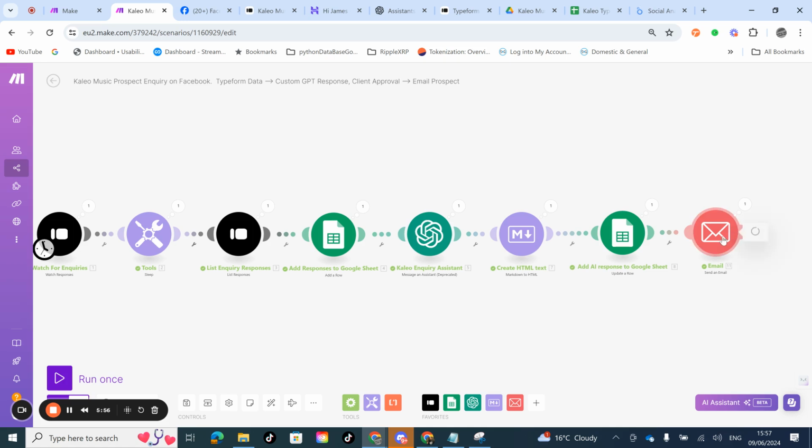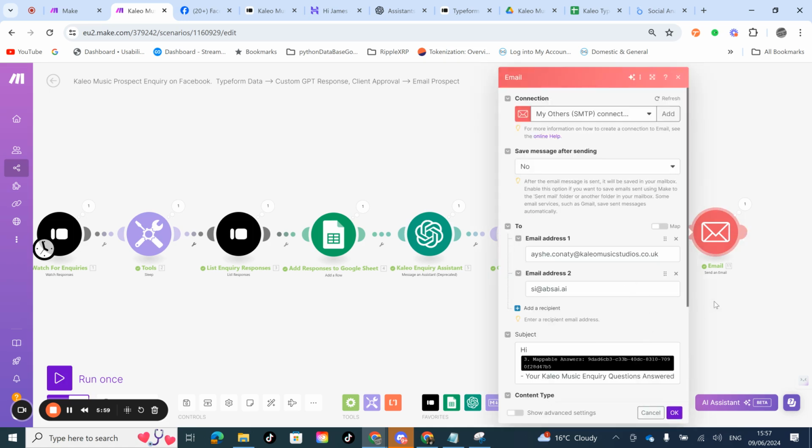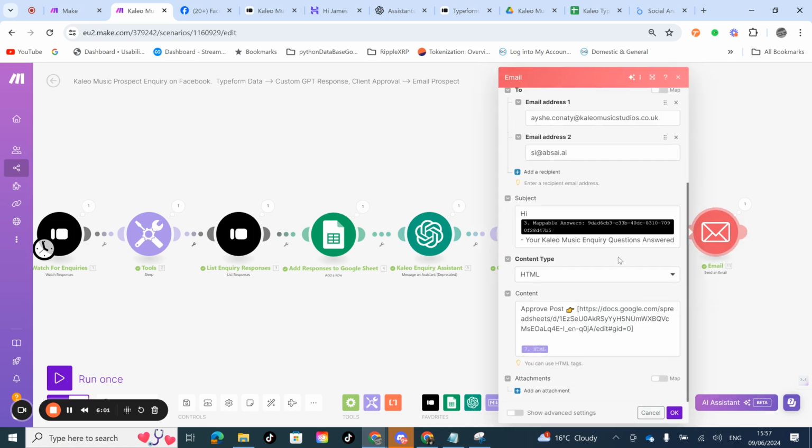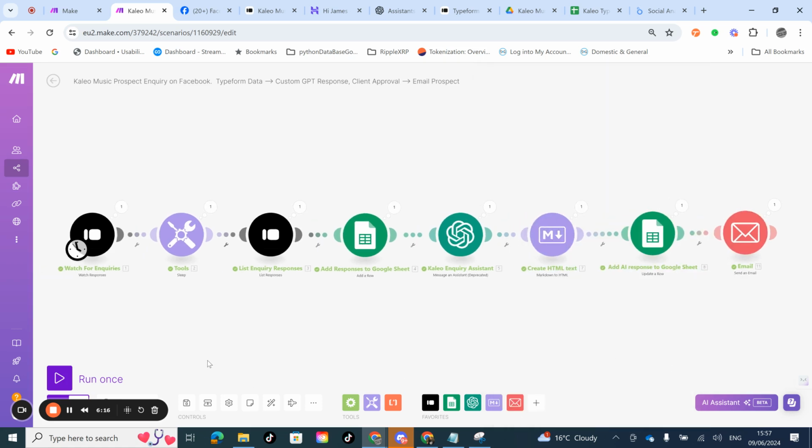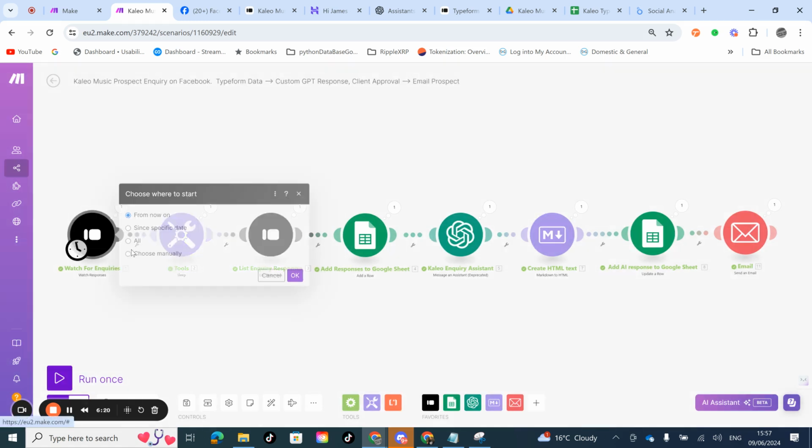And then the final module is, of course, sending the email with the mappable answers in here. And this goes back to the client. They get a chance to review the response and then approve it or ask it to be rewritten again. I'm not going to show that in this email, but what I am going to do is show you the response. So I'm just going to run this automation now, and we're going to choose where it comes from,